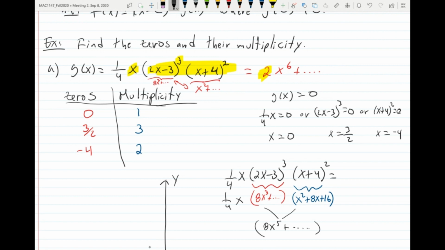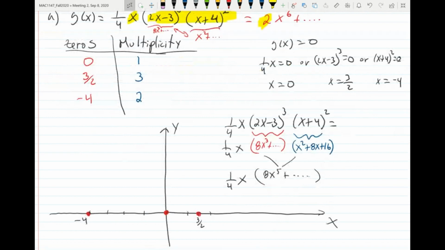All right. And then we have this 1 over 4x. When you finally multiply this guy, what is it that we're going to get? We're going to have 2x to the 6 plus lower degree terms, because 1 over 4 times 8 is 2. Are we good with this? All right, perfect. So the point is that if you have the polynomial given to you in factor form,